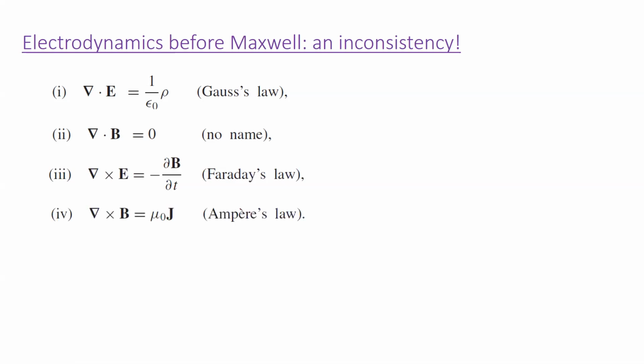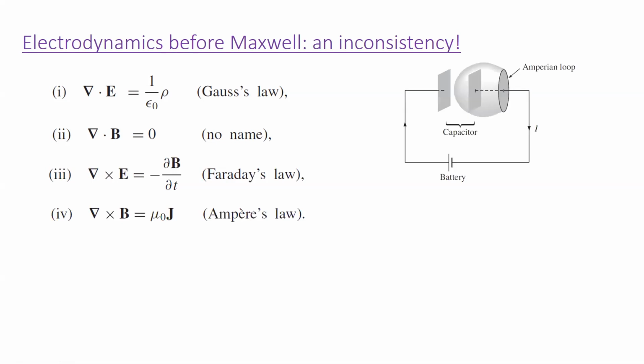And the fourth equation, which is the differential version of Ampere's law, is that the curl of B is mu naught times J. So a current causes a circulating magnetic field around it according to the right-hand rule. So Maxwell, a Scottish physicist who worked in the 1850s and 1860s, was a very brilliant mathematician, but also with physical insight,